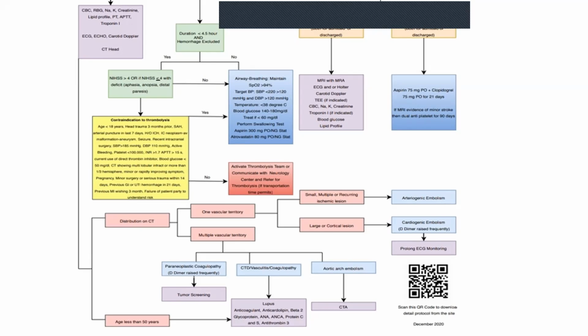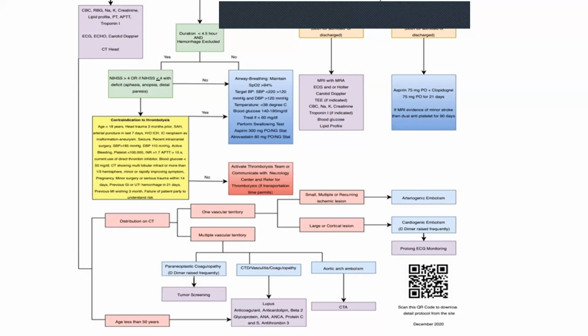If we think it is a stroke, then we should go for the investigations, and after that we should treat the patient if the duration is less than 4.5 hours and hemorrhagic stroke is excluded. Then we should go for NIHSS. If it is more than 4, or NIHSS less than or equal to 4 with deficit like aphasia, anopsia, distal paresis, then before thrombolysis,